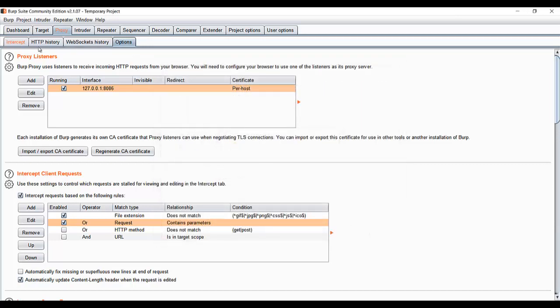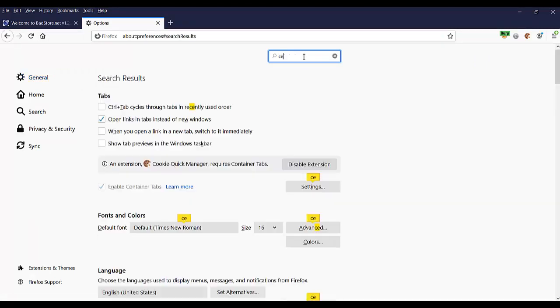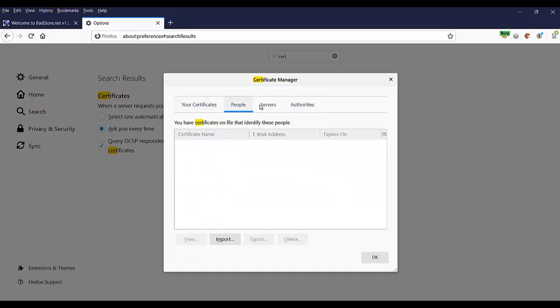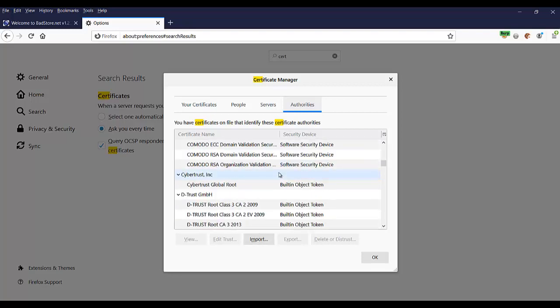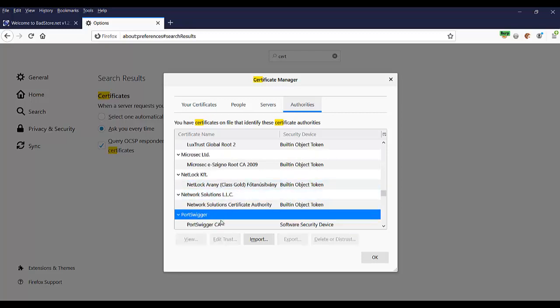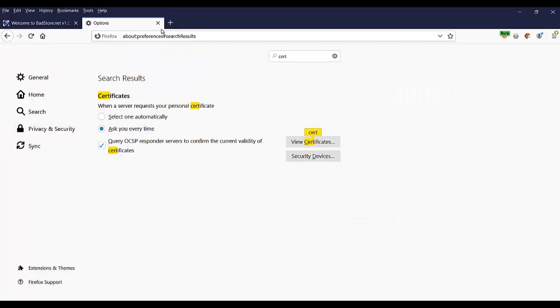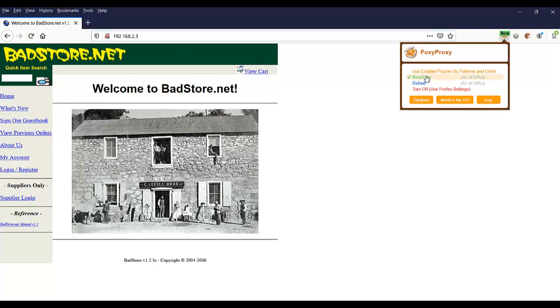Then go to your browser, go to tools, options, here you search for certificate, and then in the authorities you have to import whatever Burp certificate you generated. It will come under here, you can see like this, PortSwigger CA. After that click OK, and then whenever you do anything on this browser with Burp Suite selected in FoxyProxy,